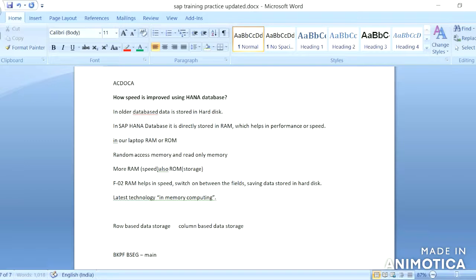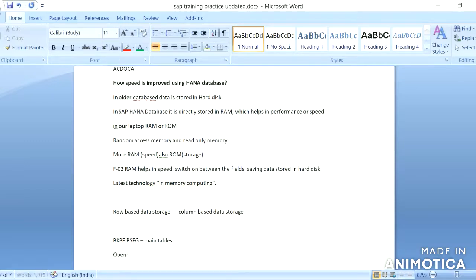So we will get open line items from these tables. If they run a query on these tables, it will read all the data in BKPF and BSEC and find out what all the line items are. It will read the data based on rows.